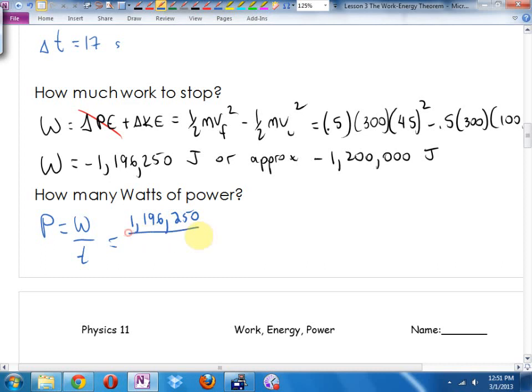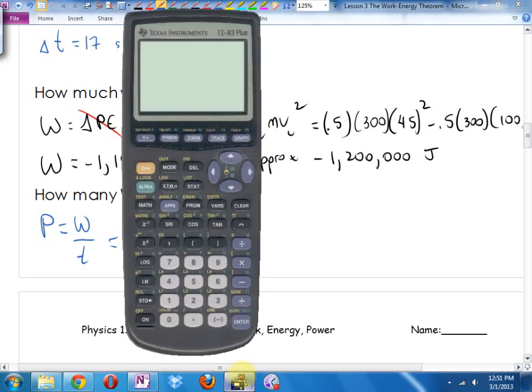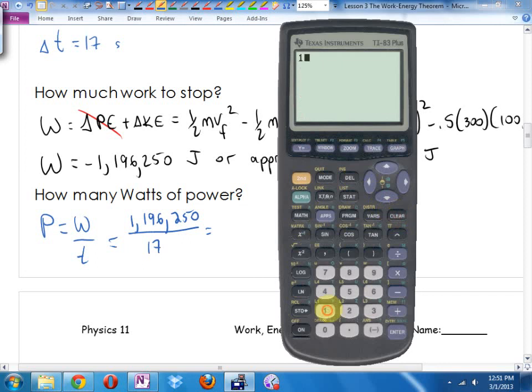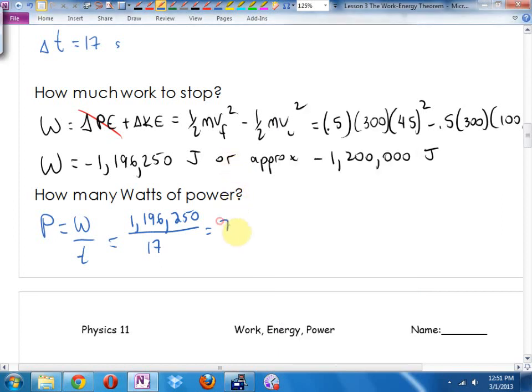So I'll use Cole's number, 196,250 divided by, what was our delta T? 17. Oh, it's still on my screen. 196,250 divided by 17. You get that? Ish? Yeah, I've rounded off. 70,400